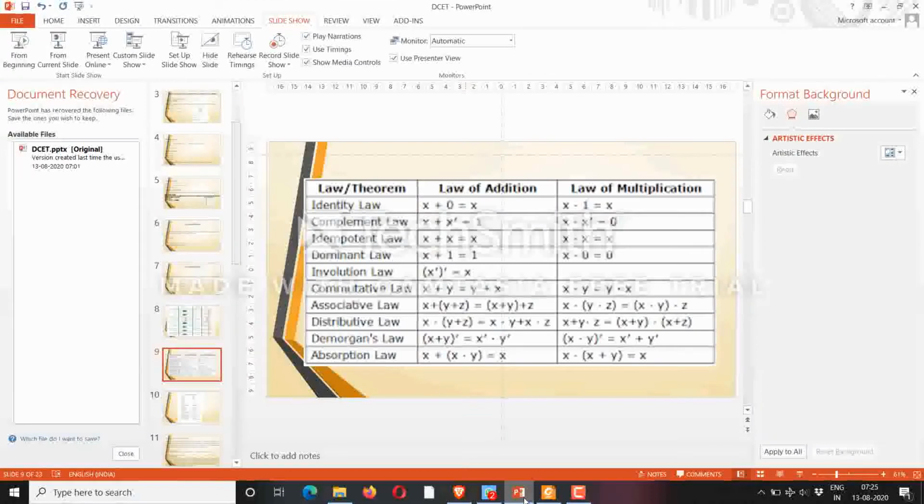Going back to our slides. In your question paper you will get questions on simplification of Boolean expressions. For that you need to remember these laws, then only it becomes easy to simplify them. If you keep on making the factors and then keep on reducing, that consumes time. So you need to have a quick overview of what the identity law, complement law, and commutative law are. Everything you need to remember. That will help you in solving the question faster.